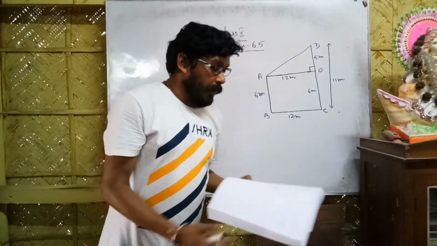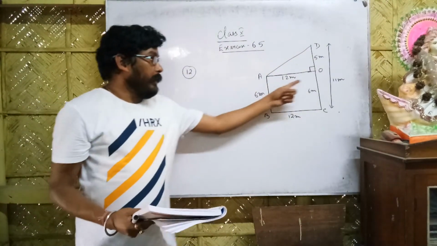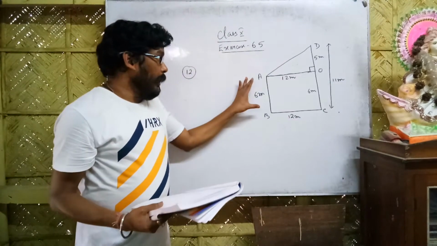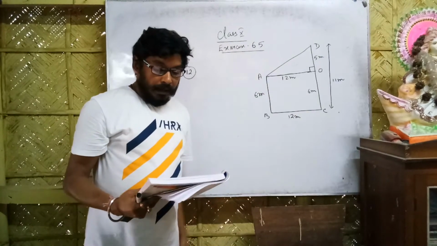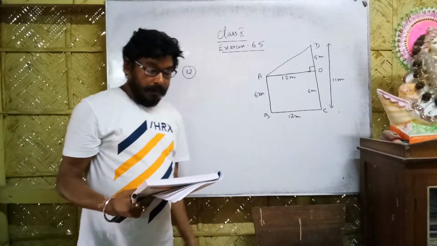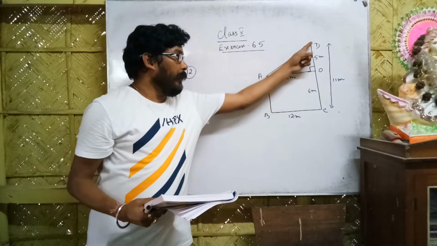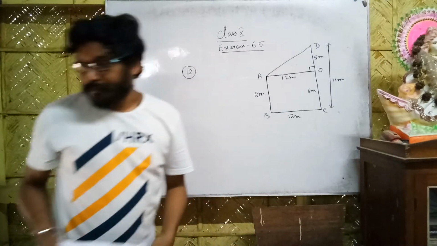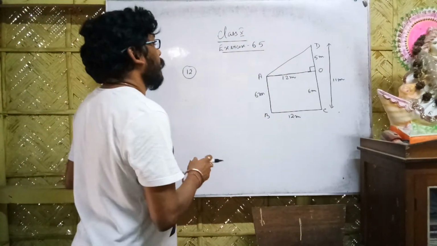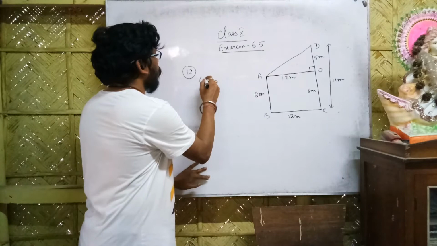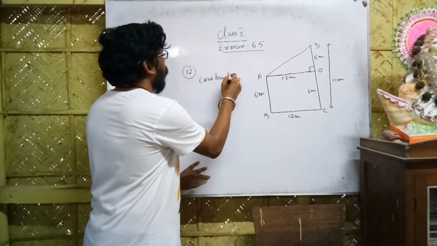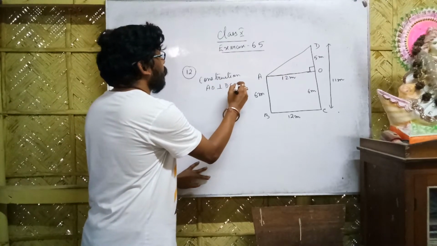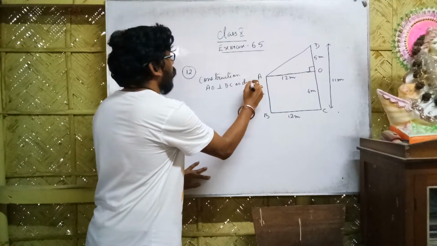So in given part you will write AB and DC are the two poles standing on the base BC. AB 6 meter, DC 11 meter, BC 12 meter. In construction you will write AO perpendicular DC. What you have to find out? To find out AD. So what we will write here? In construction you will write AO perpendicular DC is drawn.